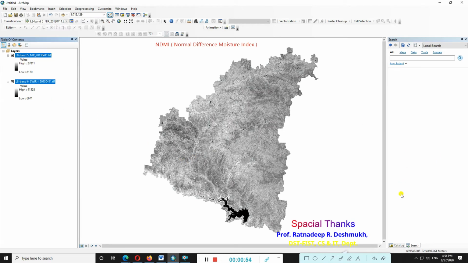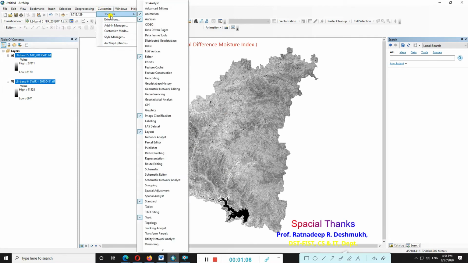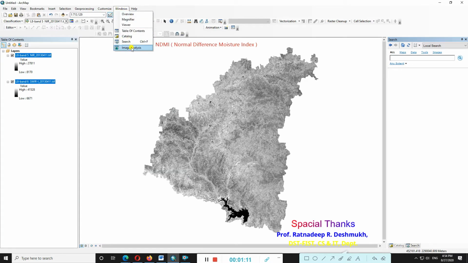Now we open the raster calculator. Click on the search options. Suppose this window is not coming up on your system, go to Customize, Windows, and here you have the search options.